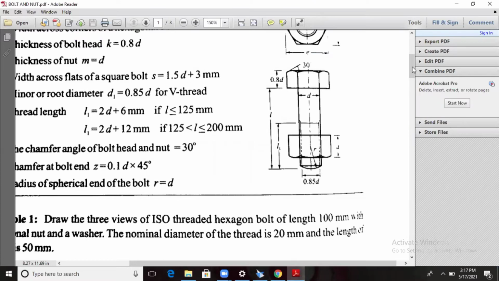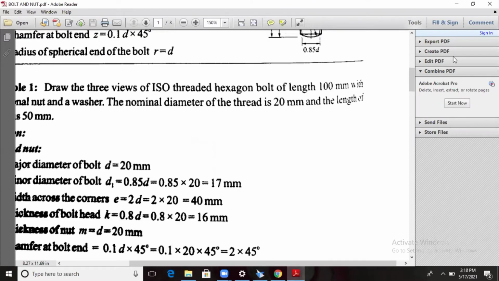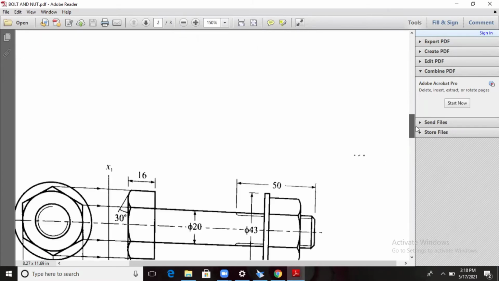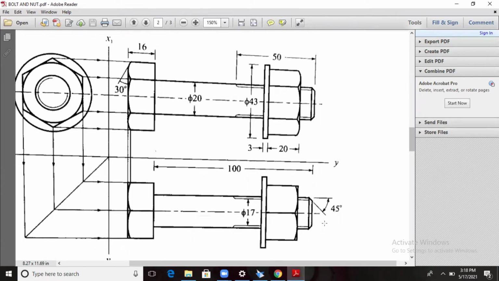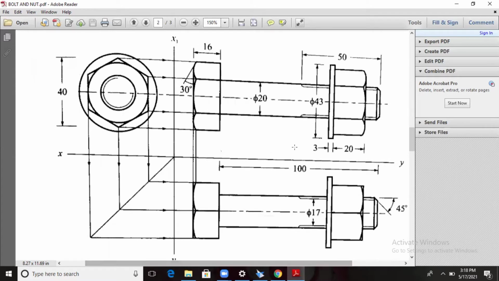Go for the washer. So what is the dimension of the washer? Okay, so look at this one with the diagram I'm showing here. What are the things we are missing? We have done the bolt front view and side view, with the chamfer circle and inside the circle. The 30-degree chamfer we did, 16 is given, length is 100 and width is 20, already given. So the 45-degree chamfer cut is given. Inside, for the thread angle, you have to make the fillet here, that is missing.